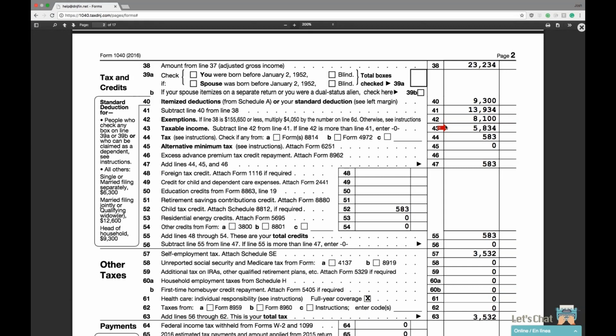So that leaves your taxable income at $5,834. If you look at it, that's about 10% of his income. That's what the customer's paying in taxes: 10% of the taxable income. That's what the IRS wants. Okay, so check this out. Since the customer